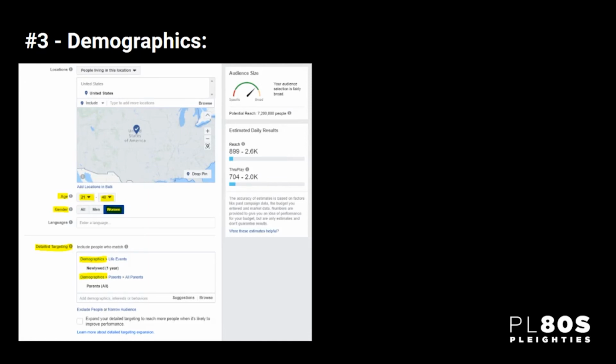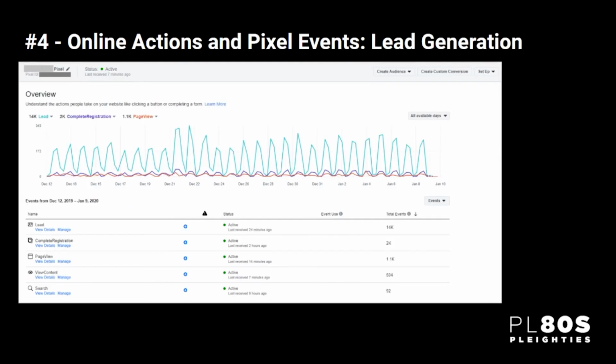Here's just an example of that. The number 4 way for online targeting is online actions and Facebook pixel events. This example is lead generation. This is a business I worked with where they would use paid Google AdWords traffic to drive to a landing page to get people to sign up as leads that they could then sell their products and services. As you can see here, we implemented Facebook Pixel so that we can target those customers, and more specifically,